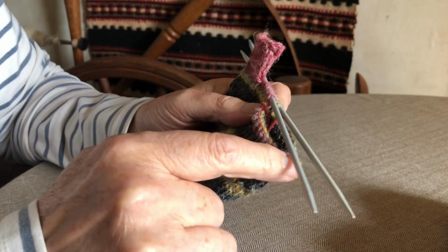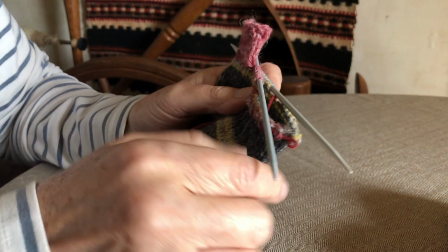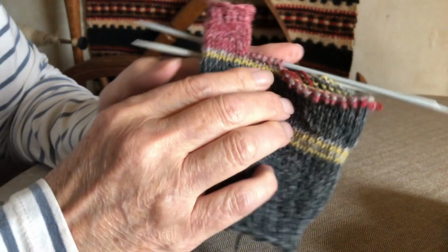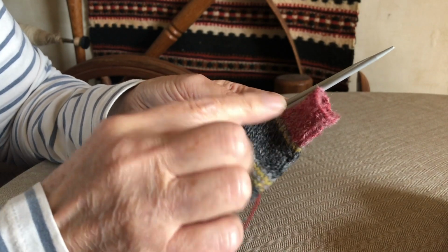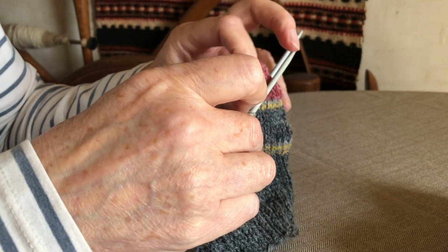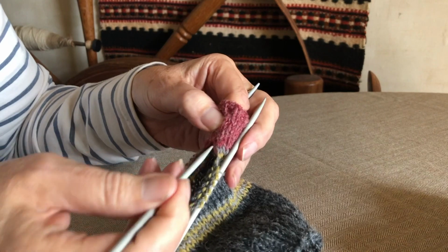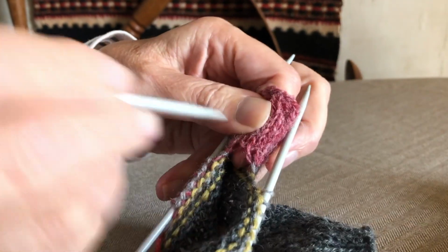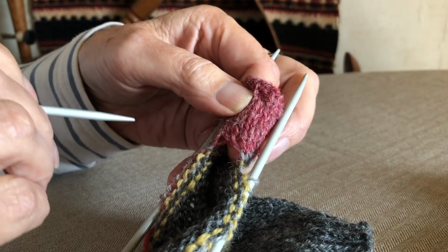But to do this finger first, you knit that half of the stitches, and then you put the rest on a thread. And you come to this side. You knit across the stitches that you need for the thumb, and you cast on 2 stitches. Then you knit your finger. So there's 2 stitches cast on between the stitches that are on the body. So that's the stitch at the back, and this is a stitch at the front. And I've got 2 extra stitches in here. That gives you space for the space between